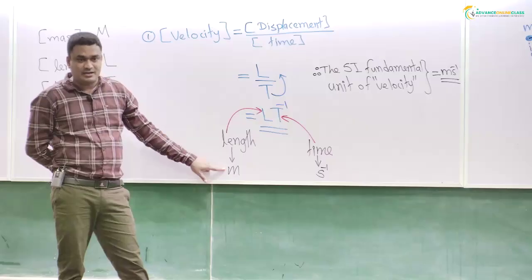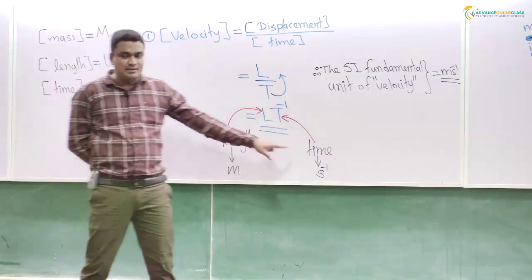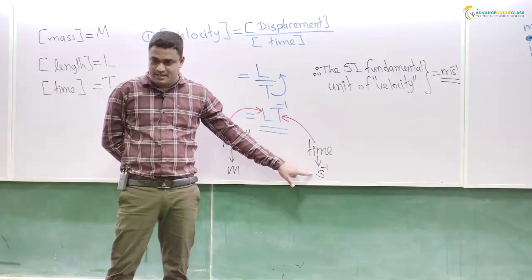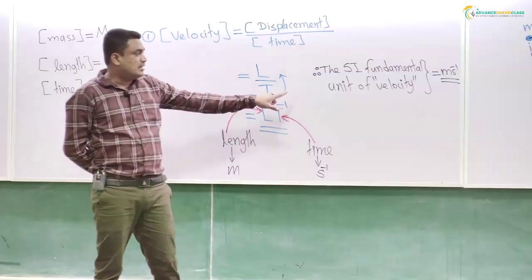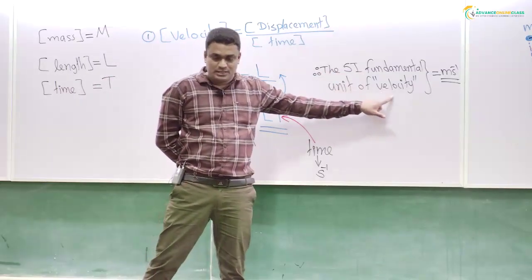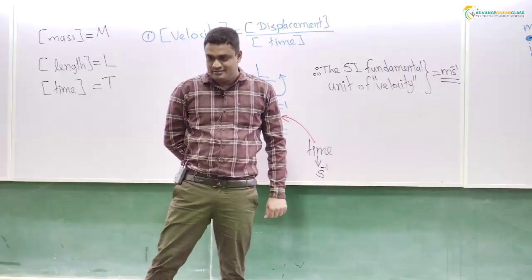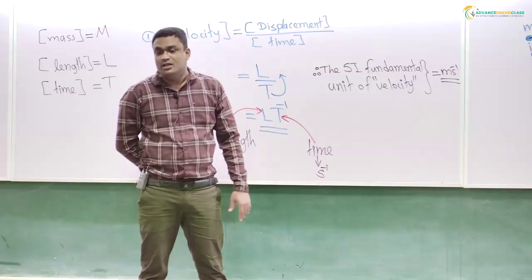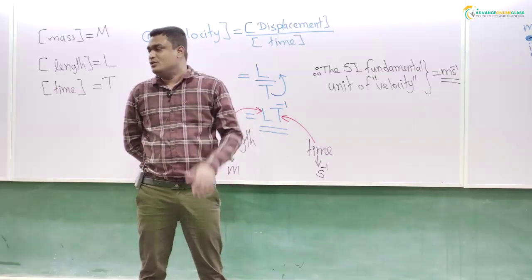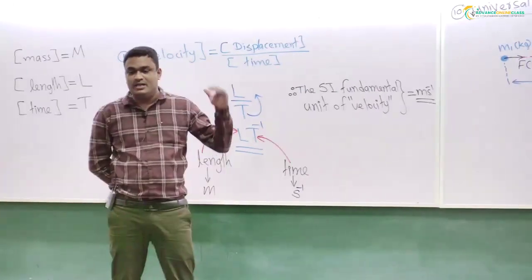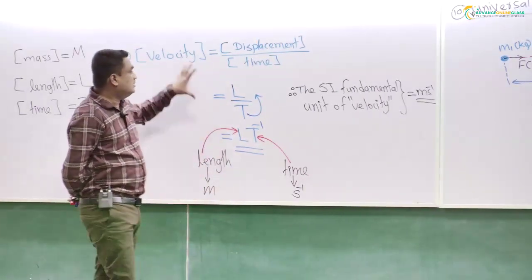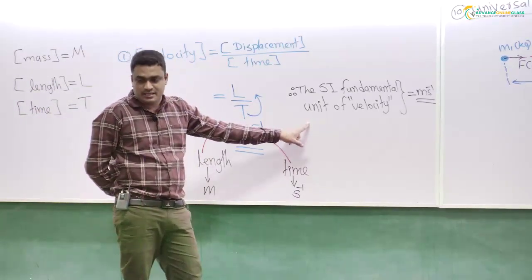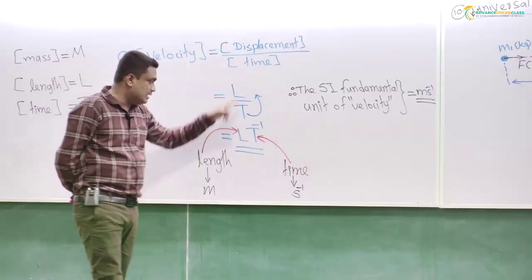Therefore, meter is a fundamental unit. Time is a fundamental physical quantity. Therefore, seconds is a fundamental unit. So, I have given the unit of velocity with fundamental units, right? For velocity, there is no big difference, but in other cases, there will be huge differences. Something like the universal gravitation constant, the units will be completely different. So, this is how to find the fundamental unit of a physical quantity by using dimensions.